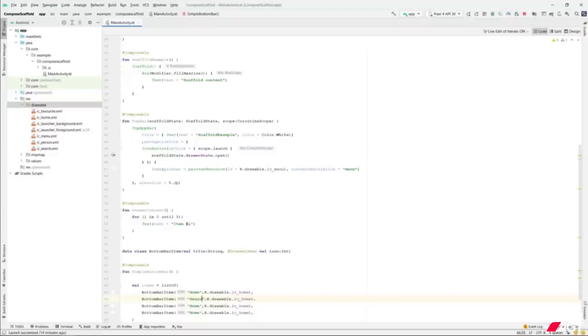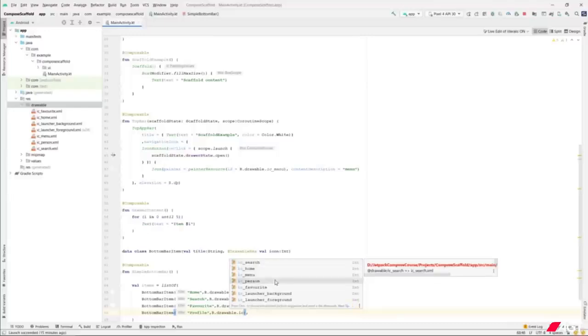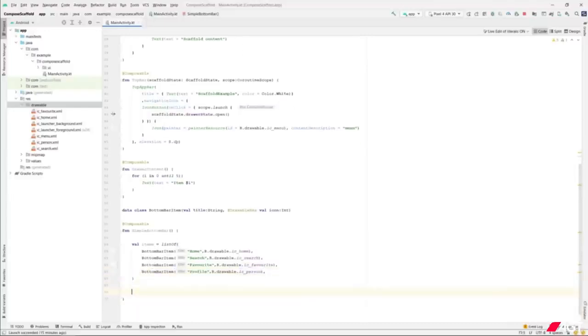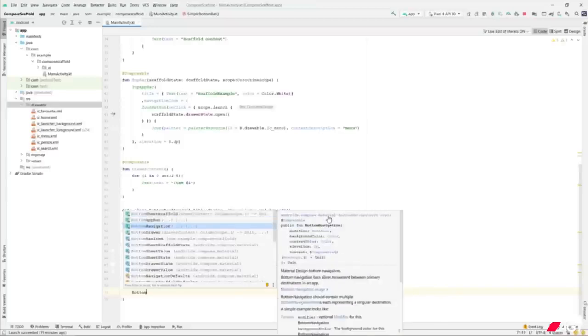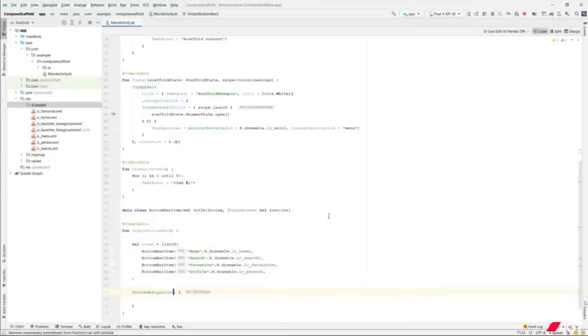The second will be search with the icon of ic_search. The third one will be favorite with an icon of ic_favorite. And the last one will be profile with a drawable of ic_person. Let's create the bottom navigation. Let's add an elevation inside our bottom navigation of 8 dp, and inside it